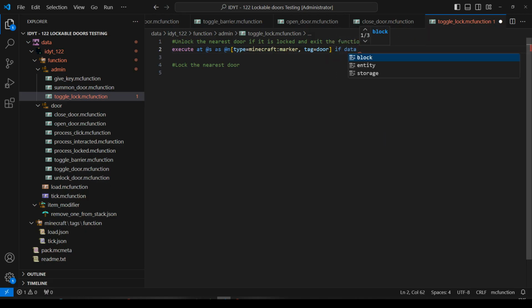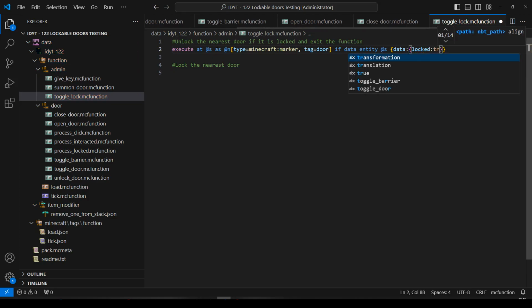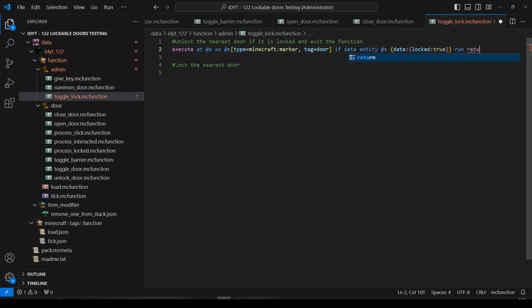If data entity at s data locked true. If it is locked, then run return, exit the function, but before we do, we will data merge into an entity at s